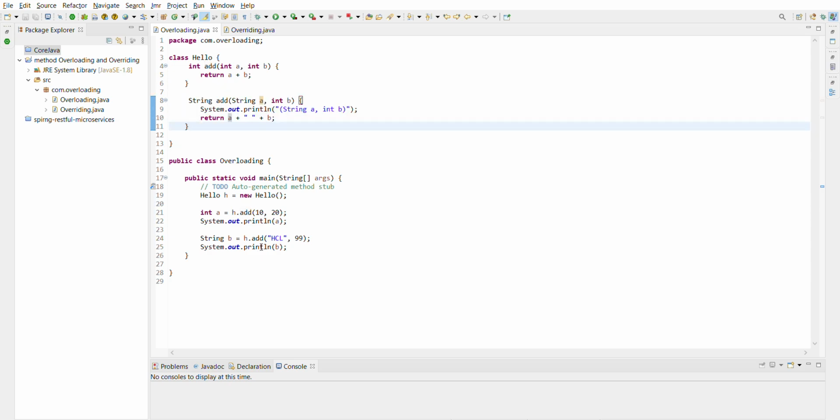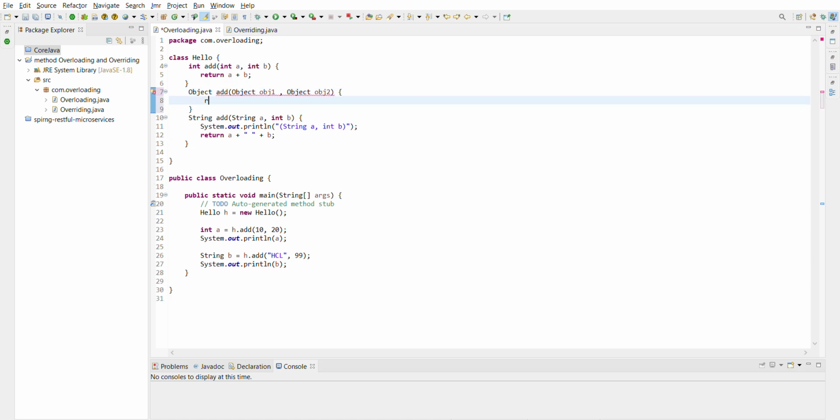And there is one more extra thing in this scenario. I'll show you. Object add, Object obj1, Object obj2, and return obj1 and obj2.